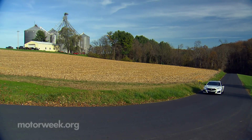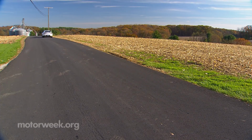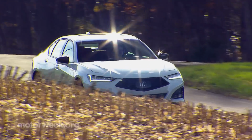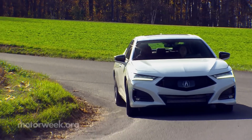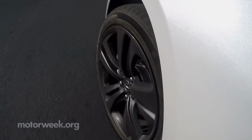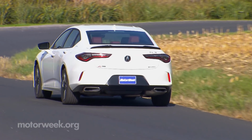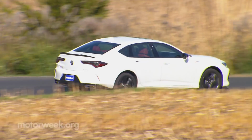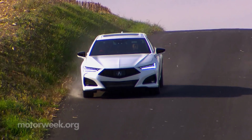Like the previous TLX, it has a unique demeanor that takes some getting used to. At first, all of the electronics seem like they're holding you back, but as you push harder and harder, the car responds better and better, to the point where it's inclined to oversteer. Suspension tuning is still on the softer side of rivals, and while steering response has noticeably quickened, it still feels artificially heavy. Still, there's a lot of prowess and enjoyment to find here, even if it is a little hamstrung